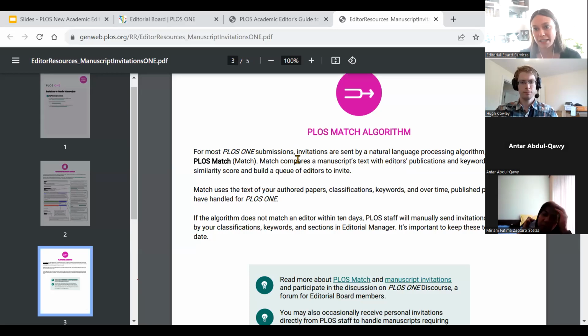And yes, I do want to highlight that, again, PLOS One matches you to these papers and sends these invitations. It's not perfect. If you are experiencing issues with invitations, maybe they're just really not in your area of expertise, you can go ahead and email us and we will do our best to fix your profile, basically. And that goes for any journal, not just PLOS One. We can work with you to maybe update your terms for, you know, GPH, water, and climate.